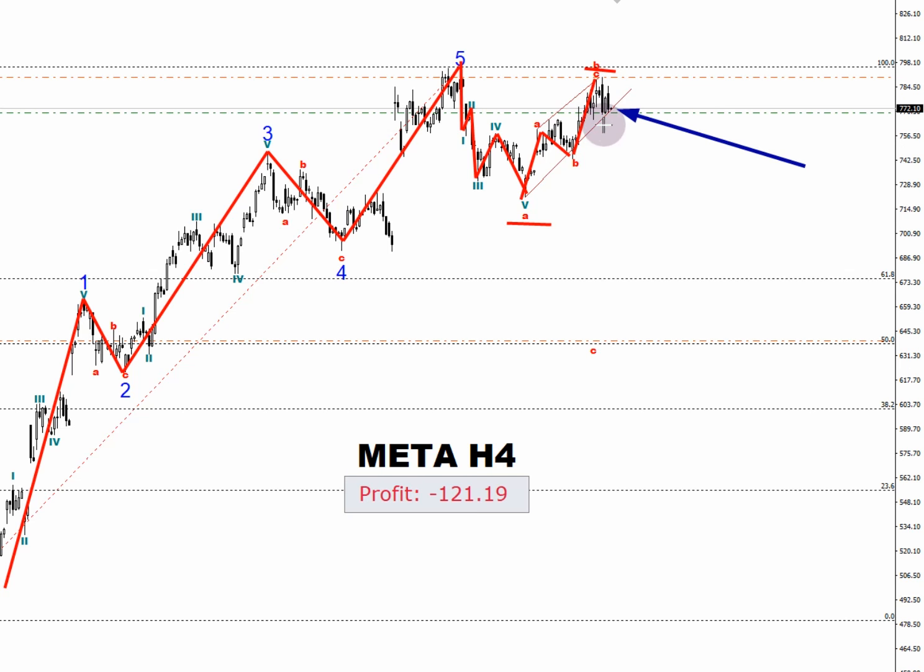Not waiting for the breakout, of course, because it will be night and I will be resting, but I'm trying to sell. I think maybe by morning we will have a breakout because it looks like everything here might end with an impulse correction. A smaller correction than the impulse, a larger impulse than the correction. All the rules are followed, just a deeper correction occurred.